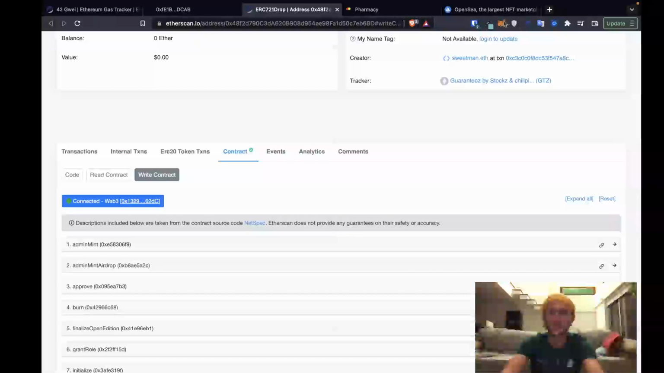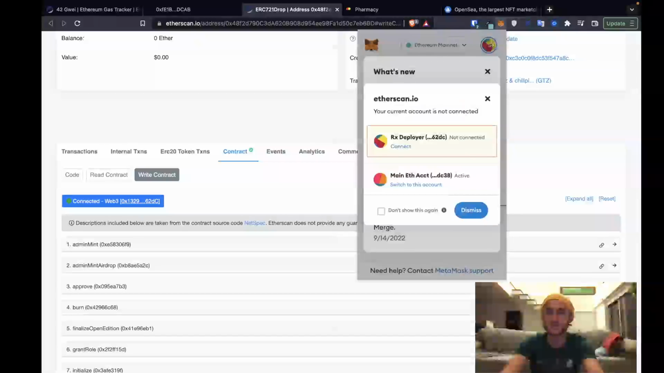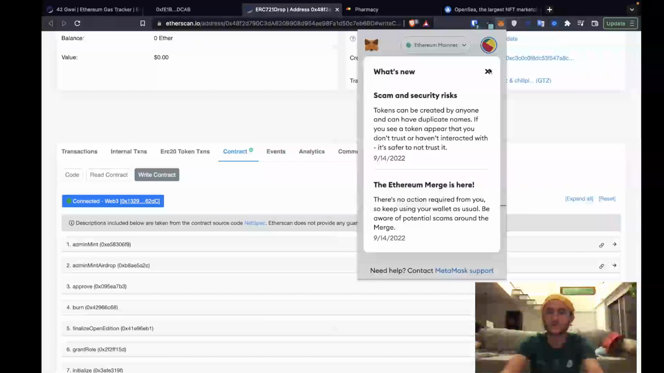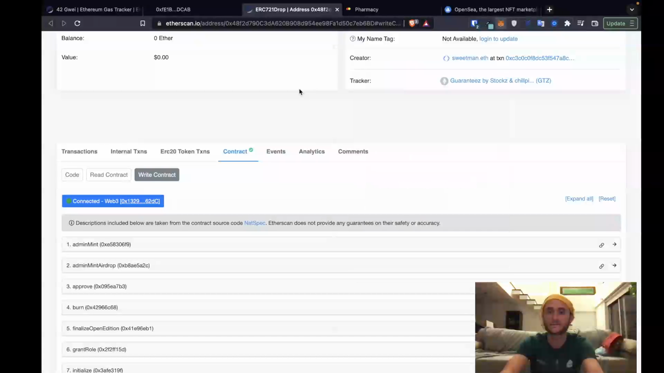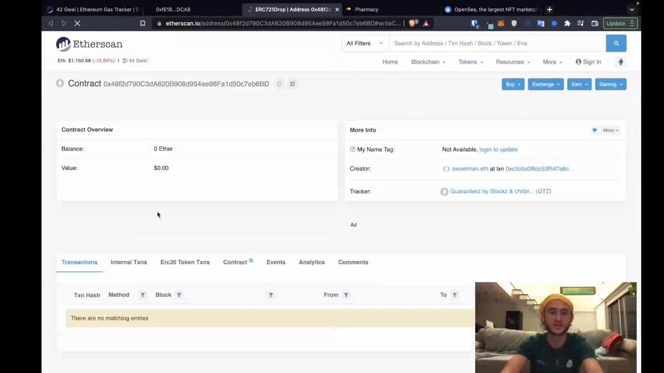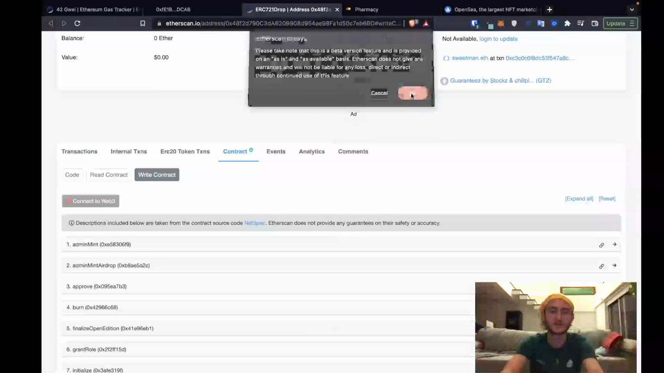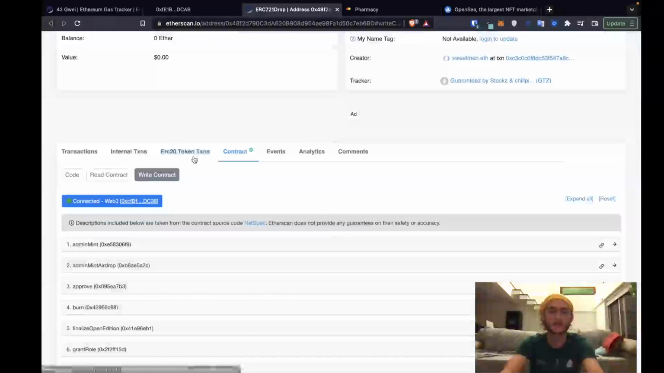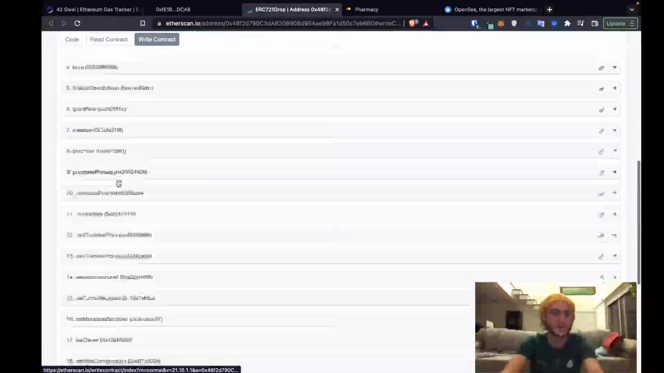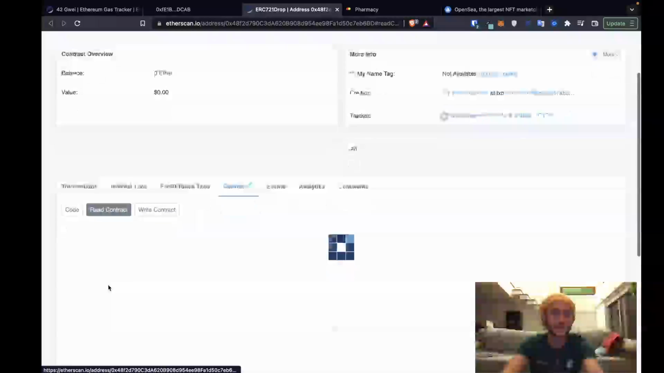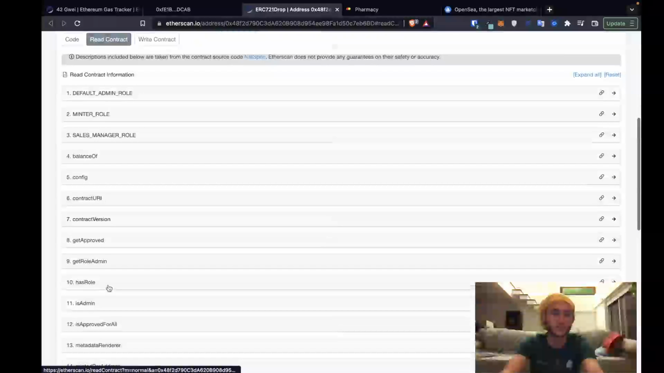We'll write the contract. I need to swap out for the Sweetman.eth address. Swap to this account. Okay. Still showing the wrong address. Connected. So go to write contract. We can connect to Web3. Click connect with MetaMask. And then, I guess just to verify, we can show you who the current funds recipient is,